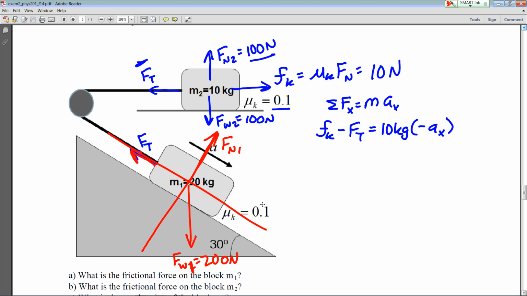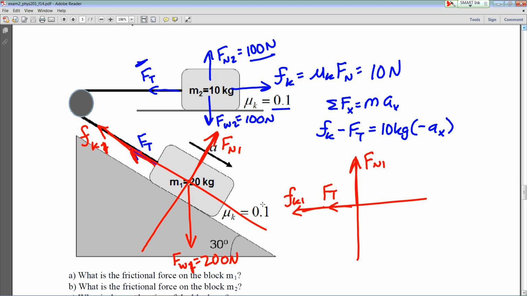And then I also know that I have a kinetic frictional force, Fk1. So I need to find my normal force, Fn1. Well, first I would just draw my vectors. I have Fn1, Ft, Fk1, and then I resolve that Fw1